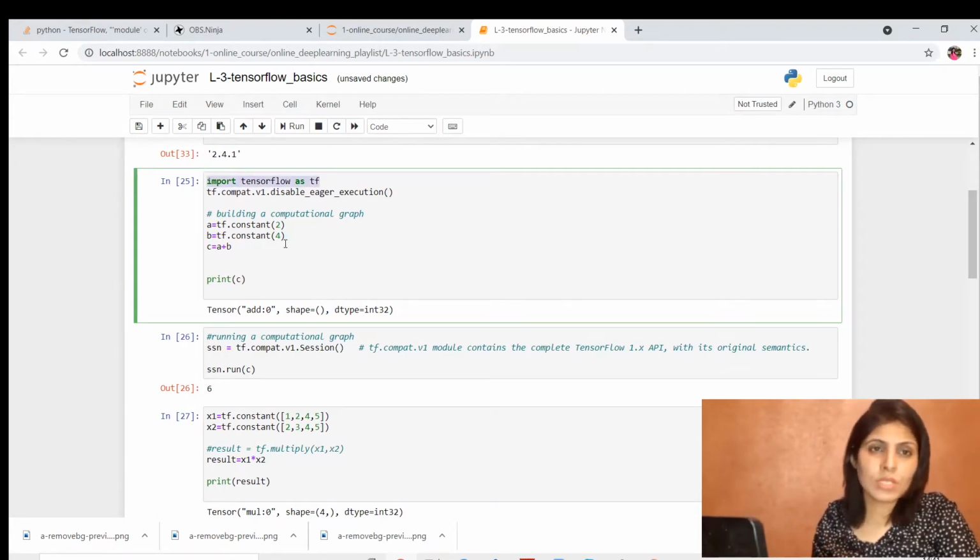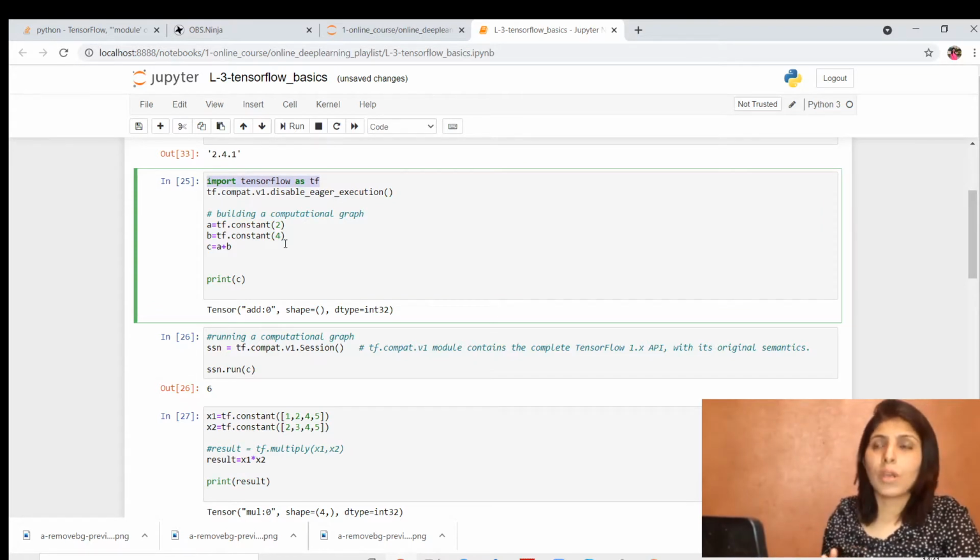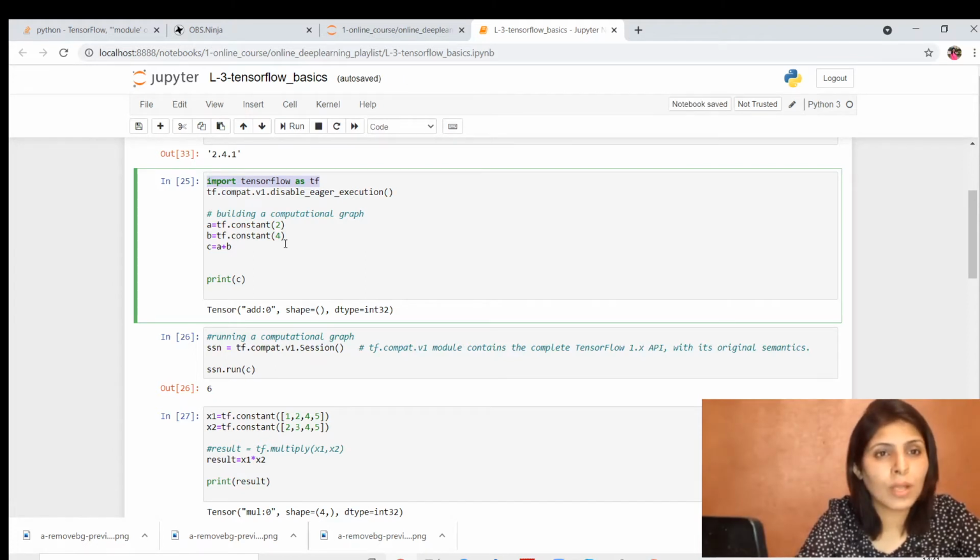Now see, if I talk about normal programming languages like Java or Python, when we want to add two numbers, in one variable we store one number, in a second variable we store the second number, and in a third variable we perform the addition of those two numbers, and then we print the third variable. Suppose in variable A we store the first number, in variable B the second number, and in the third variable C we perform the addition of the above two variables, and then we print the output. This is how we work.